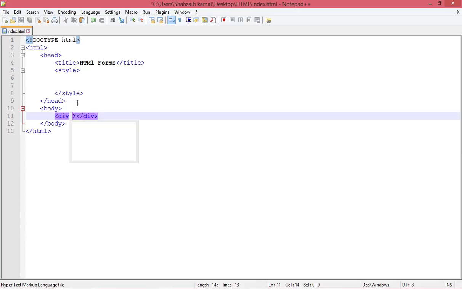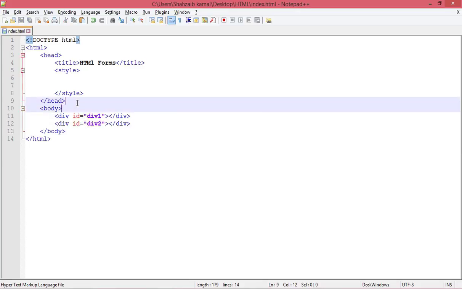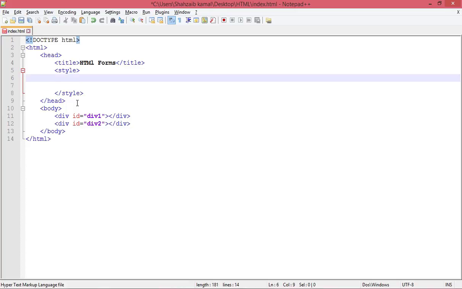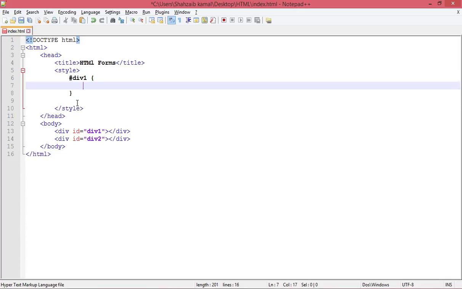okay, and giving it an ID div1, and in the same way creating another div2, and I'm just styling both of them here. I'm adding their IDs there, div1 value, background color orange,